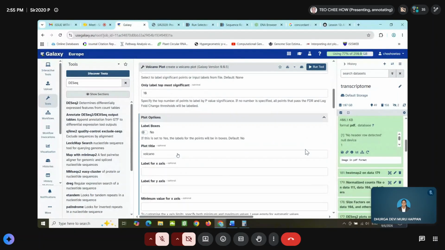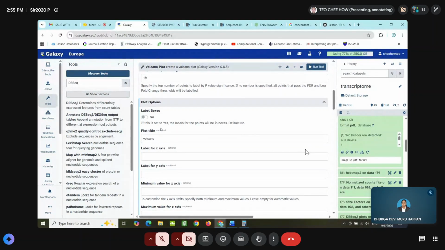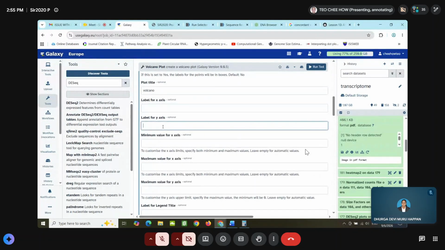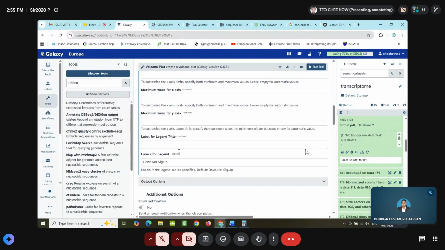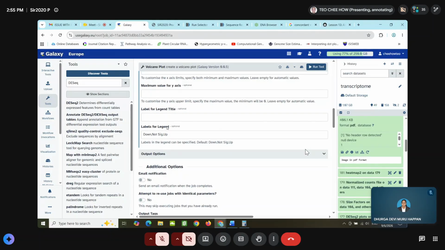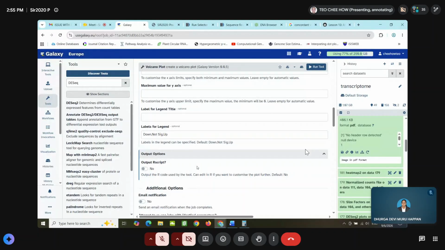And then you have other options. You can label the axes here also, right? Those I can choose. And labels for legends, you can usually use down, not significant, and up, right? Output options will be here.